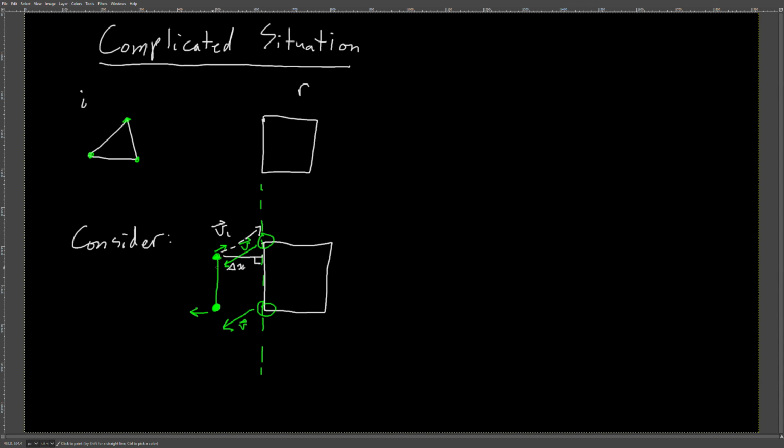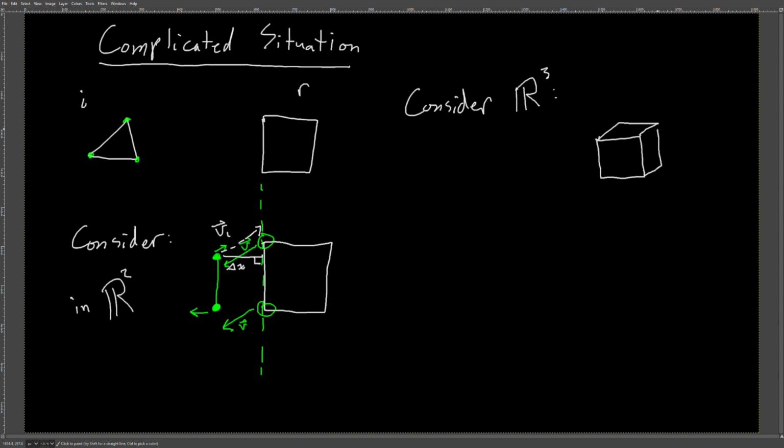So suddenly we can instead consider the reference vertex to be moving and it being projected to a face on the incident object. However, this gets a little bit more complicated in 3D space, as we saw before in Blender, because we can have